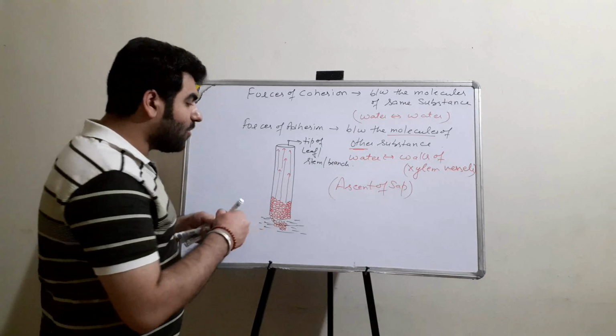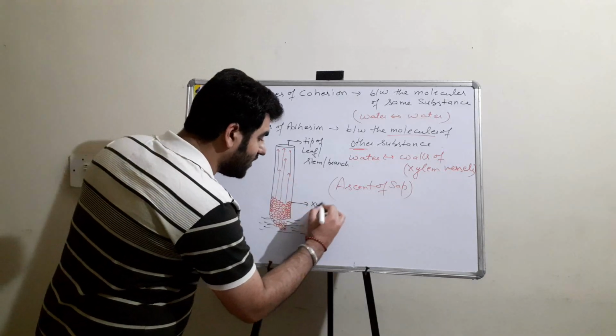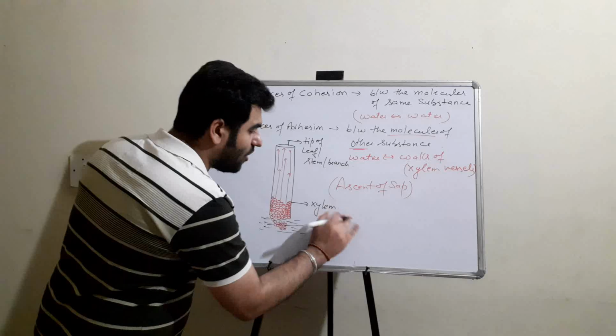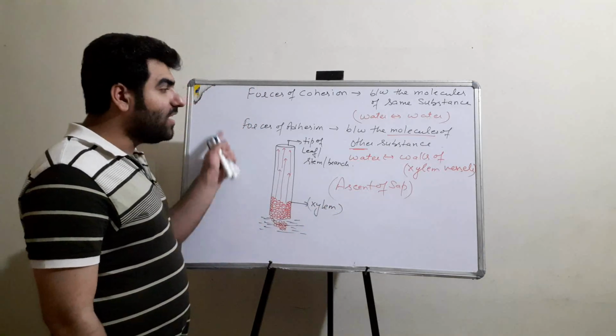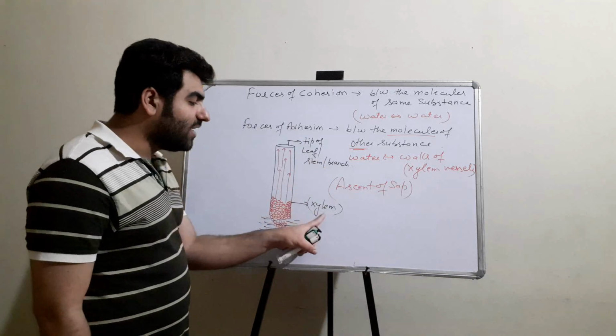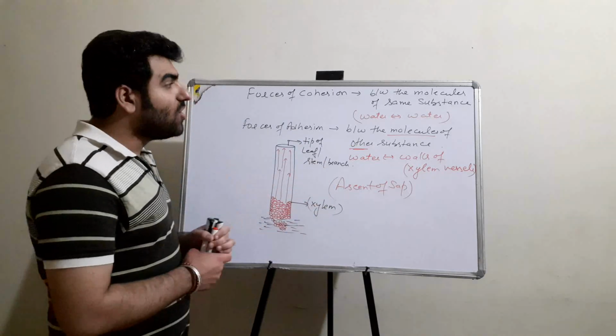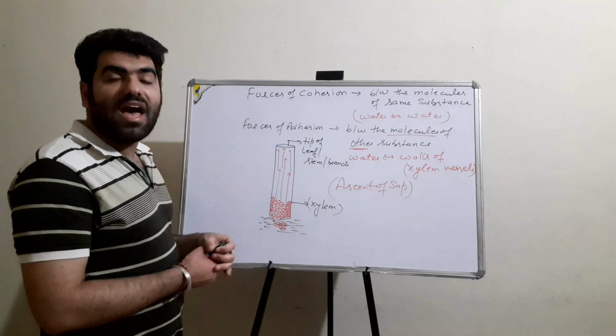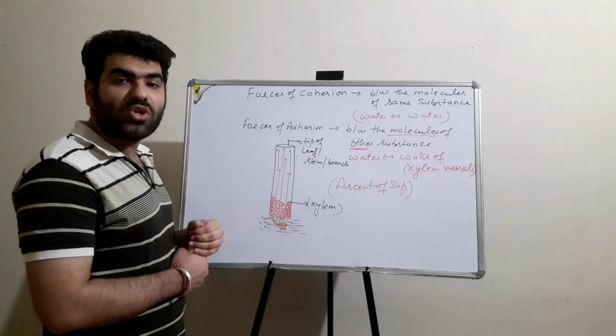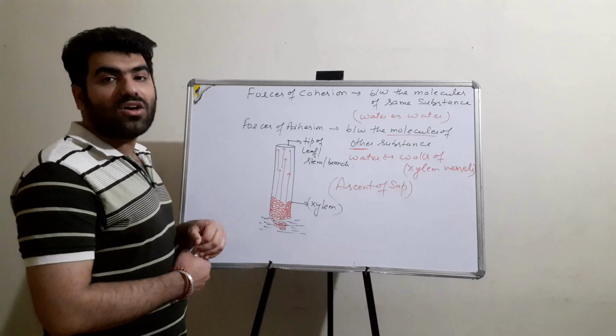So that is the upward movement of the water, and it is only possible because of the tissue known as the xylem. This tissue is the xylem tissue, and the transportation of water is controlled by the xylem tissue. So this was all about the ascent of sap. By this we have completed this unit, absorption by roots and ascent of water.